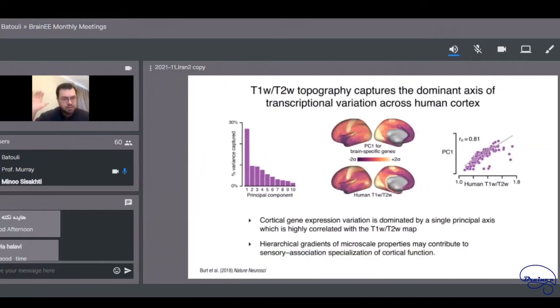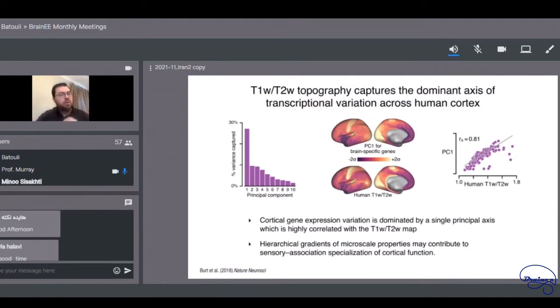And so what if we just throw all the genes together, right? All 10,000 genes. We can then do principal component analysis for dimensionality reduction and ask, what is the dominant spatial pattern of gene expression across the human cortex? And we get a pattern that, as you can see, looks very similar to this T1, T2 map, right? Very similar to this proxy measure of hierarchy. And on the left here, you can see that it's quasi one-dimensional, that the first component picks up a lot of variance, right?